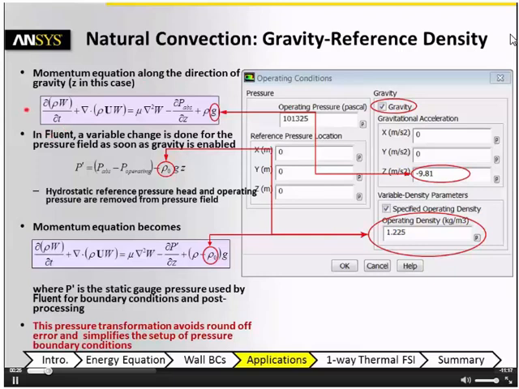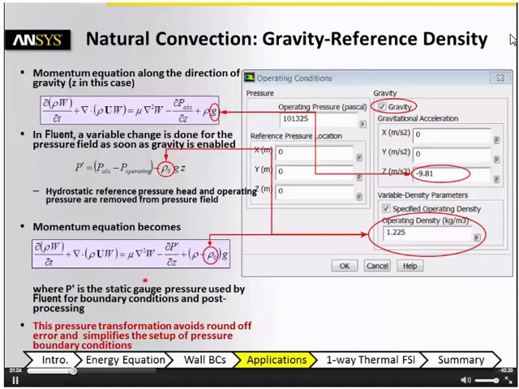For various reasons, solving the equation exactly as it appears here is not necessarily the most efficient way to solve it. What happens in Fluent is that a modified pressure variable, which we call P prime, is defined, and that's equal to the gauge pressure minus rho naught times g times z, where rho naught is the operating density. Essentially what this is doing is taking the hydrostatic pressure head and the operating pressure out of the pressure field. After you do this, and you collect all of the terms in the momentum equation, it looks like this,